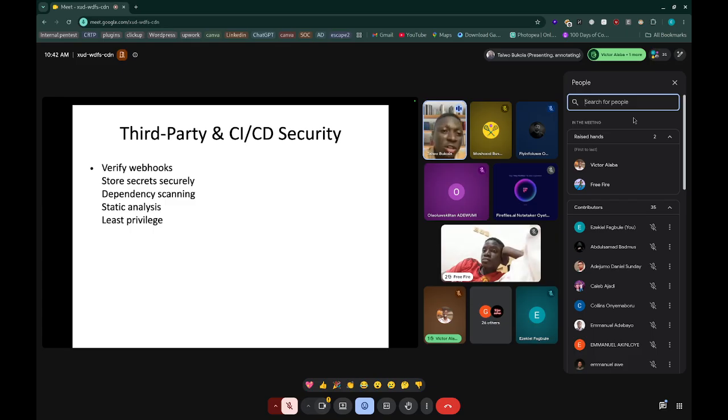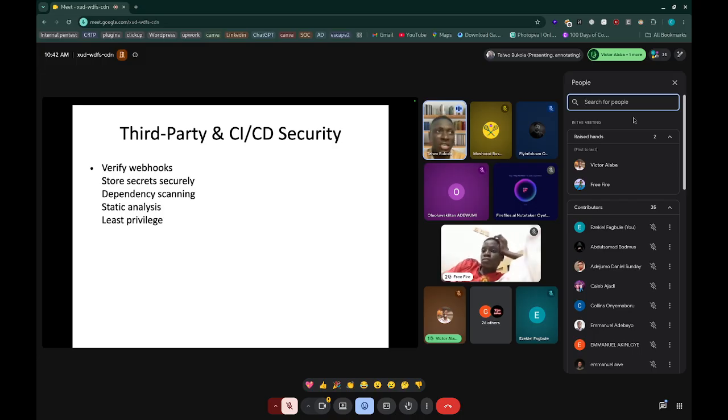Also, store secrets securely, and do dependency scanning if you are building a system. One of the tools you use for dependency scanning today is SonarQube. SonarQube does security test scanning and dependency scanning, so it tells you to check whether there is any vulnerability in your code.